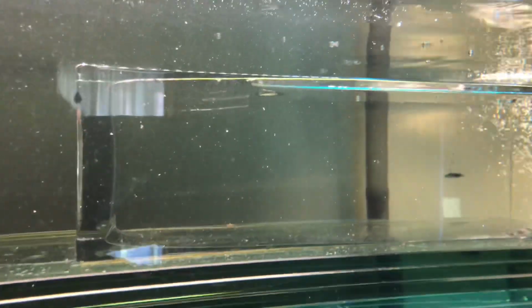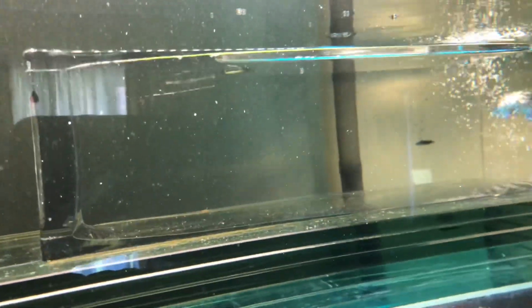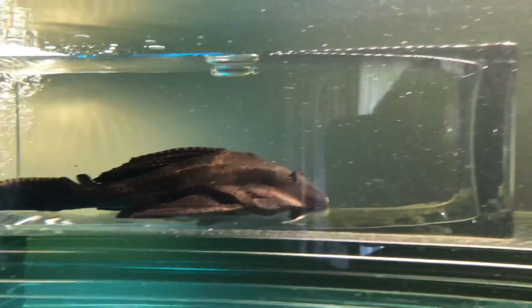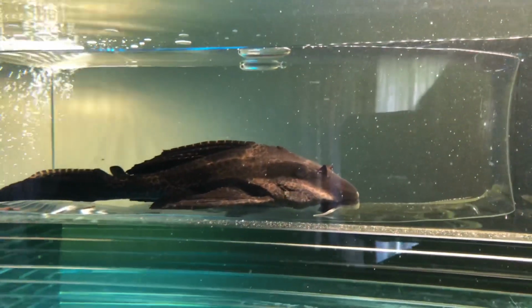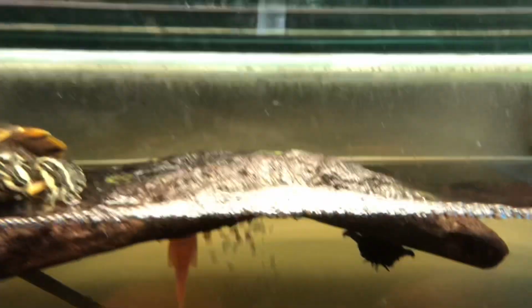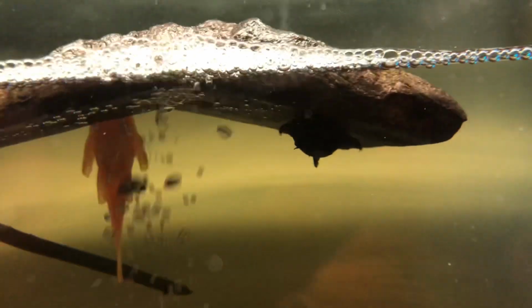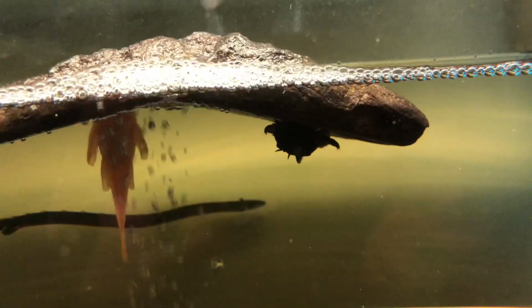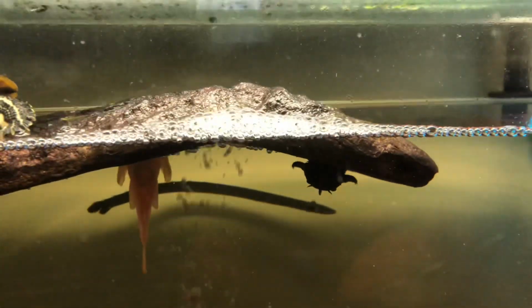But anyway, this was the vase that we put in. And initially it was meant for this lady. As you can see, we put another one in. Well, the reason we put another one in is because this spunky little bristle nose male here, he took it over, didn't he, kiddo? Yeah. He's like, you know what? I don't care if this cave is...